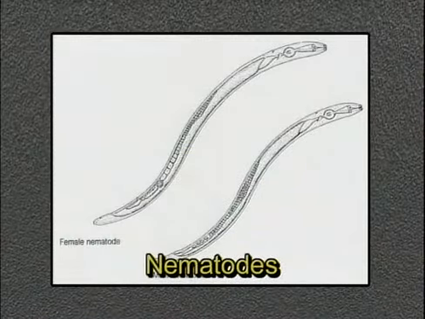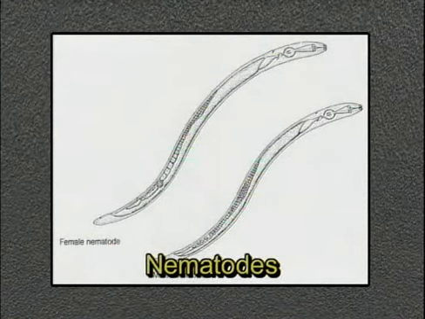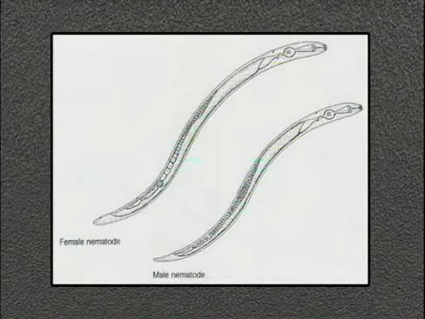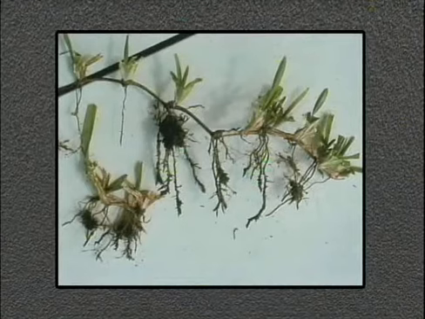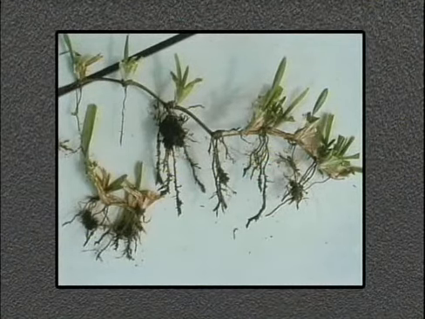Another type of worm that exists in the soil, other than the earthworms and redworms, I'm lumping several things together here, earthworms, redworms, etc., I'm thinking of very, very small worm-like organisms which fit into a category called the nematodes. These organisms are so specific that they're in their own phylum, the Nematophyta. And nematodes, we have some beneficial, but unfortunately we also have a large number of detrimental nematodes that exist in the soil.